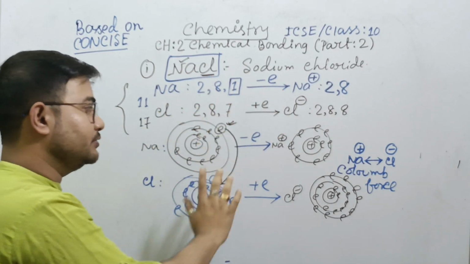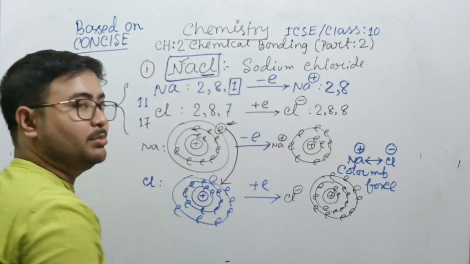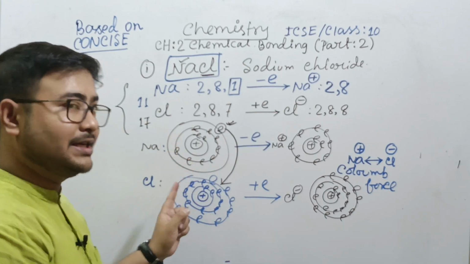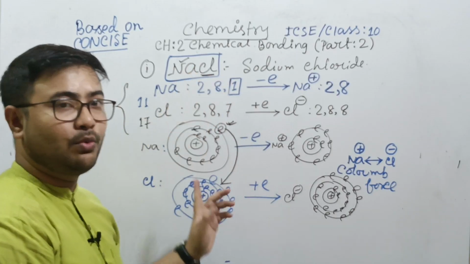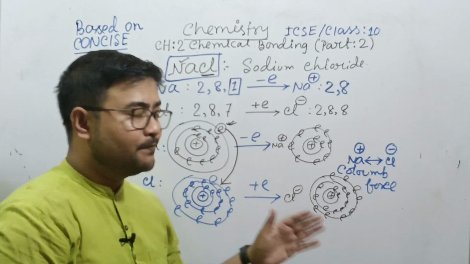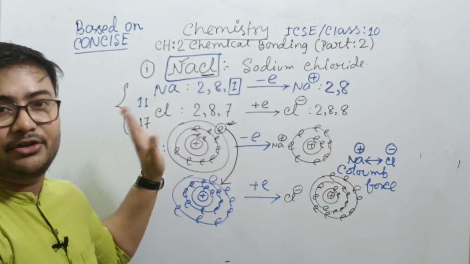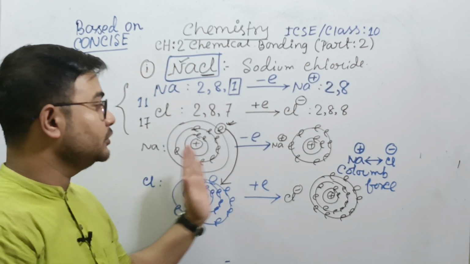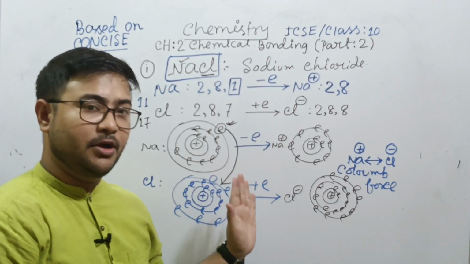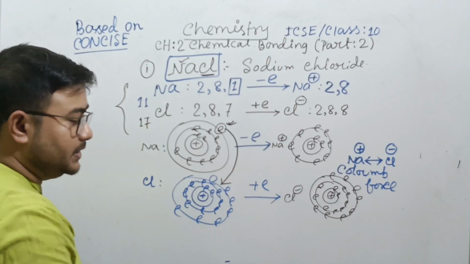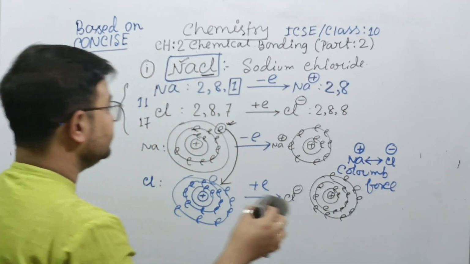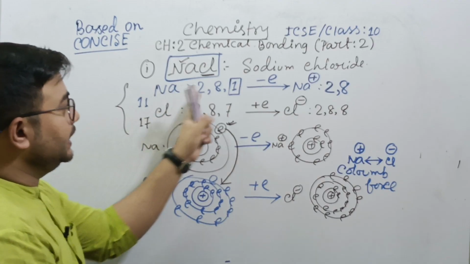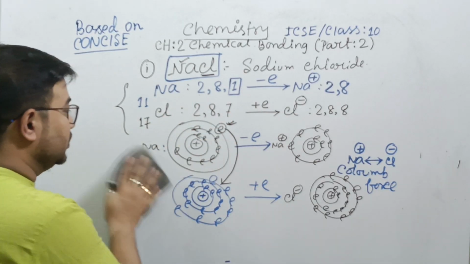But in this case, you try to note down this orbital diagram because for the primary concept we have to understand the orbital diagram just for one compound. For the rest of the compounds we will only understand the electronic configuration. So for the first, you have to note down this orbital diagram for better understanding. If it comes in the exam, you first have to draw the electronic configuration. Now,